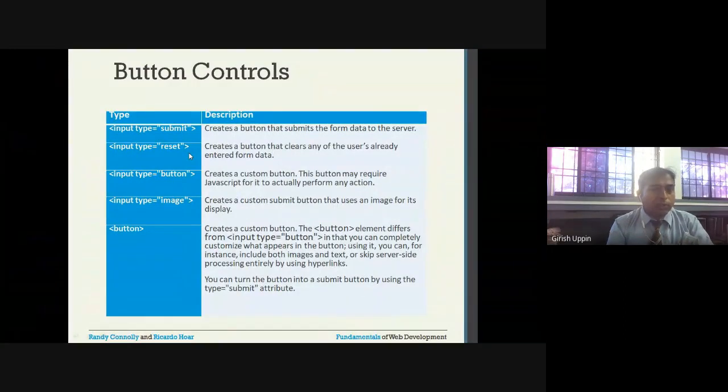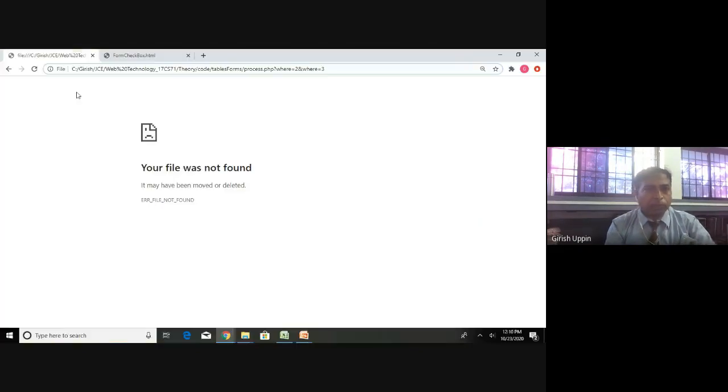Next one is the reset button. What will the reset button do? It clears all the form's data. Like you have entered something, and you want to provide a reset option which will clear all the data that is present. Then you will use the reset button. We will see the example for that reset button.